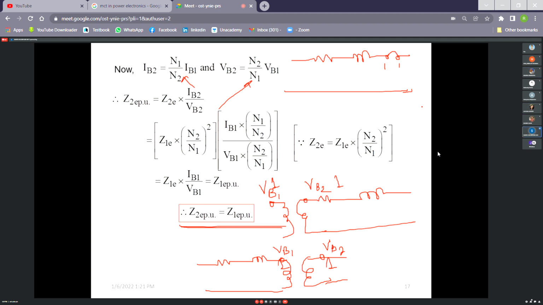Similarly for the secondary side. So there is no need to bother about primary side or secondary side. Say for this example, this is A, this is B. B is the point in the secondary side, A is the point in the primary side. When you are calculating voltage at point A, the voltage in actual is 1 into VB1, and voltage at point B in actual is 1 into VB2. So in actual, voltage is different. But when you are calculating in per unit, both are 1. So you can easily calculate.